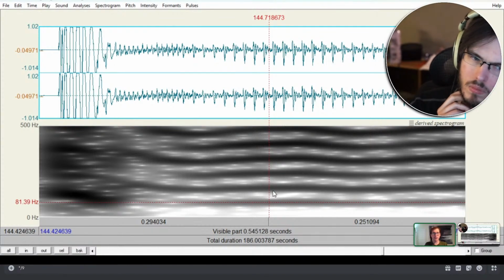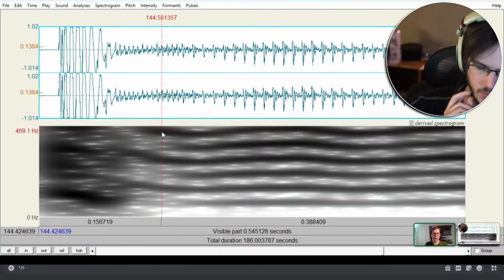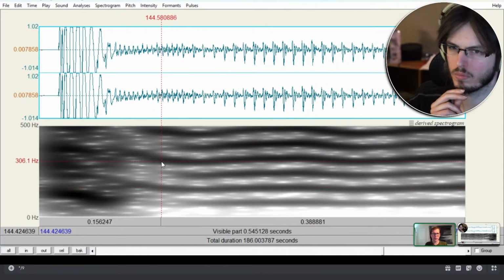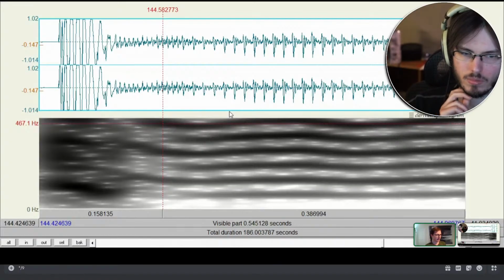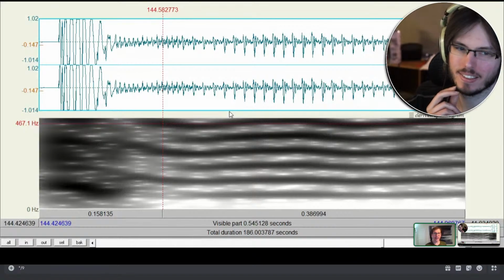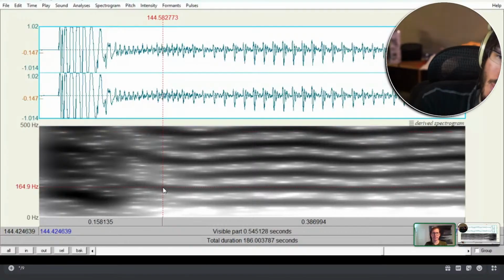If you want, you can calculate the pitch by counting how many harmonics there are within a certain span of frequency. So when the true vocal folds are vibrating on their own, there are 1, the fundamental, 2, the second harmonic, 3, the third harmonic, 3 harmonics within 500 hertz. And if I take out my calculator and do 500 divided by 3, I get 166, which is about what we saw as the fundamental here.